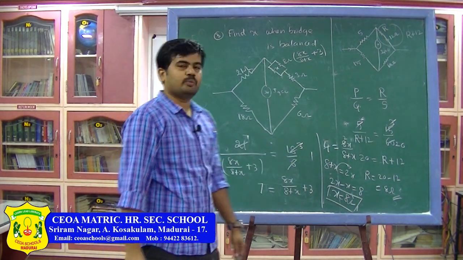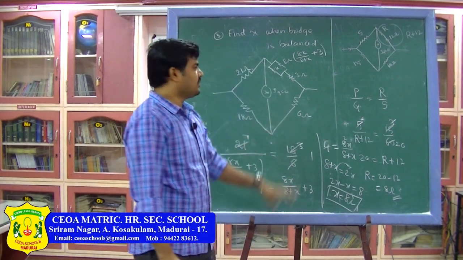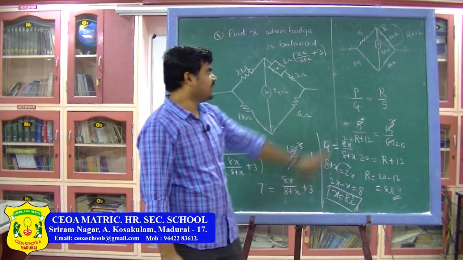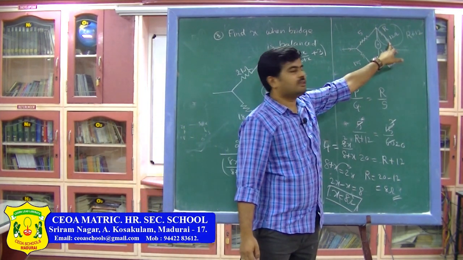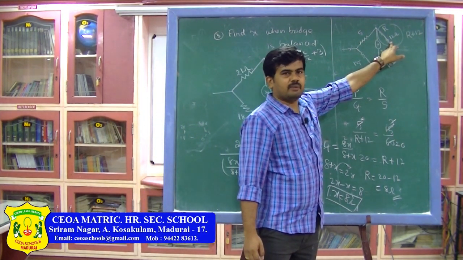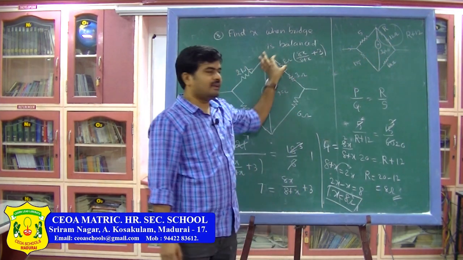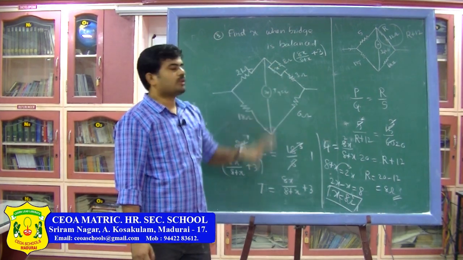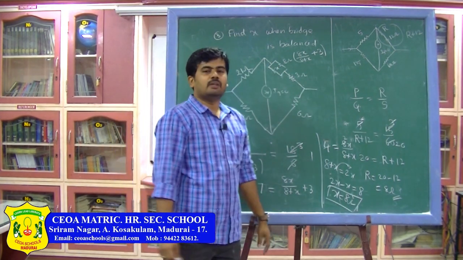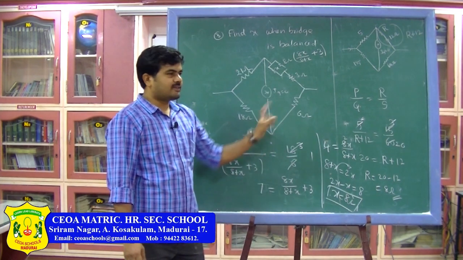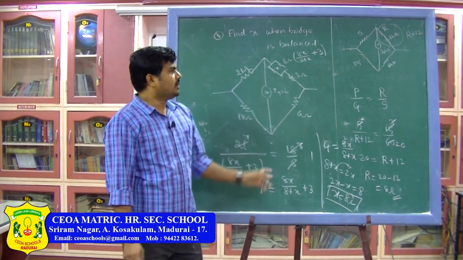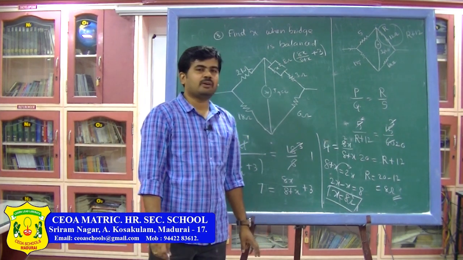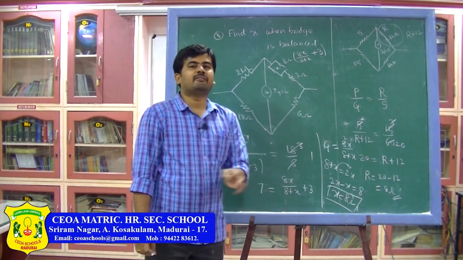So, for the bridge to be balanced, these are the different types of problems based on Wheatstone bridge network. In this one, the unknown resistor is in series with one of the resistors, and here the unknown resistor is in parallel with one resistor, and again there is another resistor in series. So, this kind of problems are important related to the Wheatstone bridge network. Next class we are going to discuss the practical form of Wheatstone bridge, that is a meter bridge, or we can also call it a sliding wire bridge.